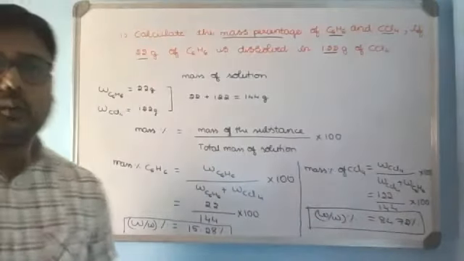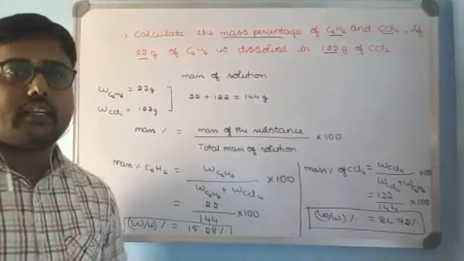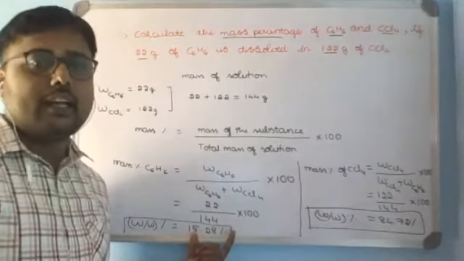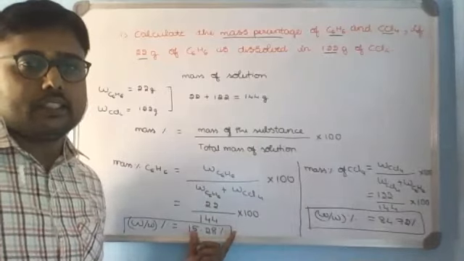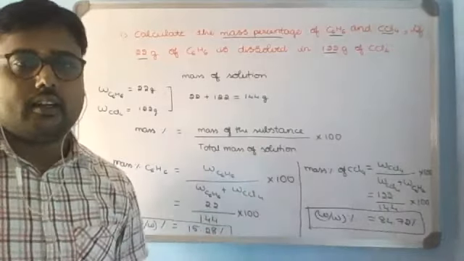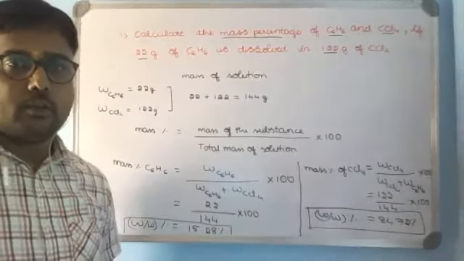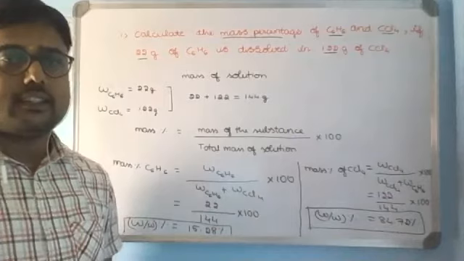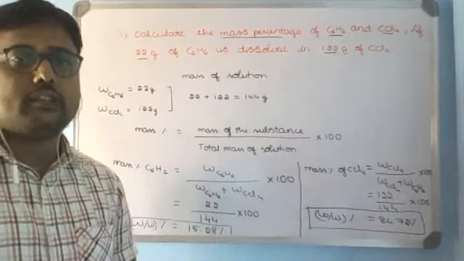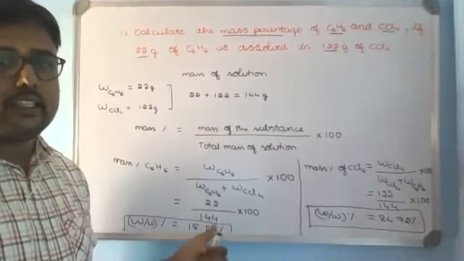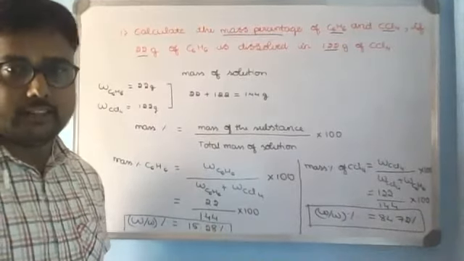As there are only two components, you can use an alternate method also. After finding the mass percentage of one component, 100 minus that will be the mass percentage of the remaining component. So that also you can use to calculate the other one. Now hope the solution is clear. So it is a simple calculation based on the mass percentage calculation. Now the expressed percentage is mass by mass percentage.